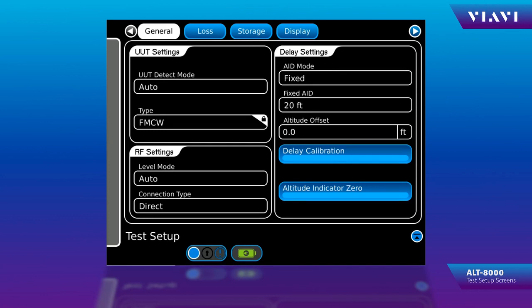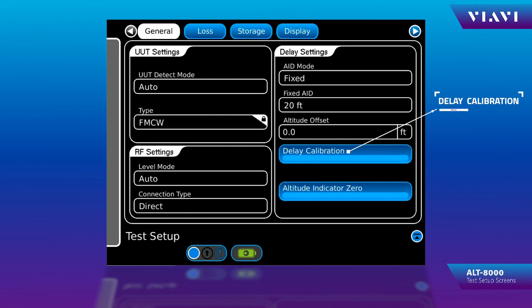When testing a RADOUT via direct connect, you're removing the path from the radio to the antennas, from the antennas to the ground and back. So you will not be exactly at the altitude that you're simulating to start with. And you can use altitude offset to adjust the altitude so that it displays on the indicator in the aircraft exactly what you're simulating to the aircraft. And then you can do linearity tests from that point. The altitude offset does not have to be performed, but it helps with linearity testing.